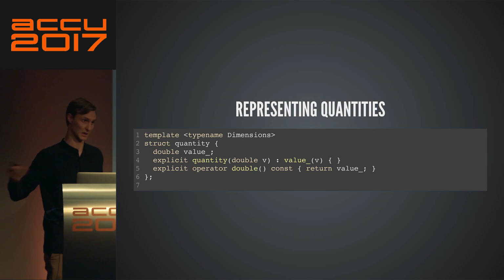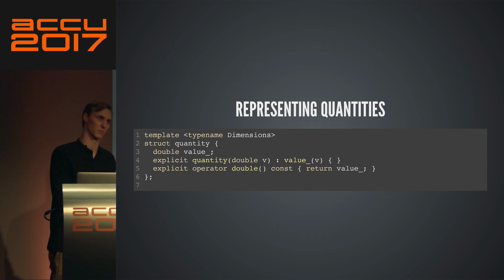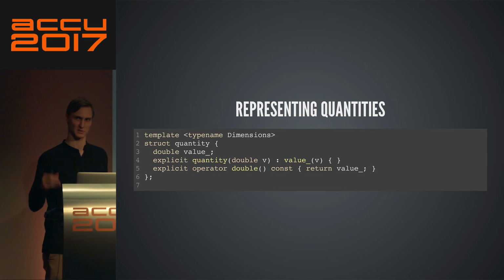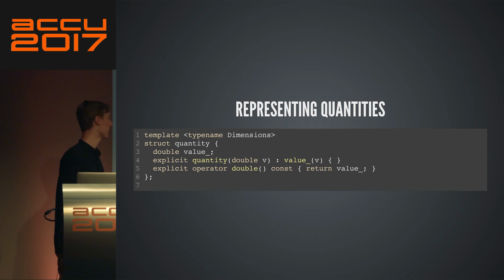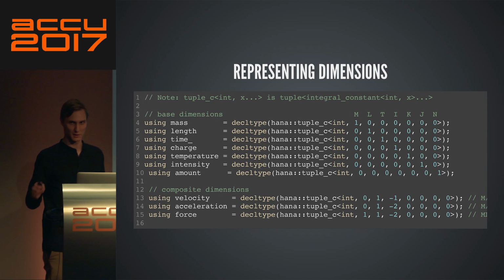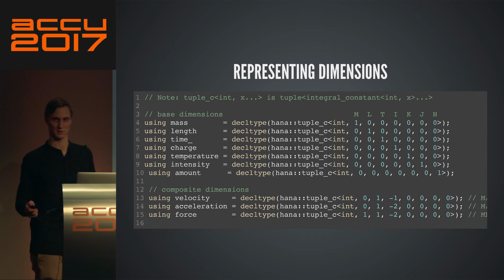And then if you try to pass anything that's not dimensions, like if you try to pass time and you had mass, there's just going to be no matching constructor. It's going to be the wrong type. Is that what you're saying? Yeah, it's not a copy constructor. Exactly, yeah. So like I said, it would kind of achieve the same thing, but you wouldn't get as nice an error message.